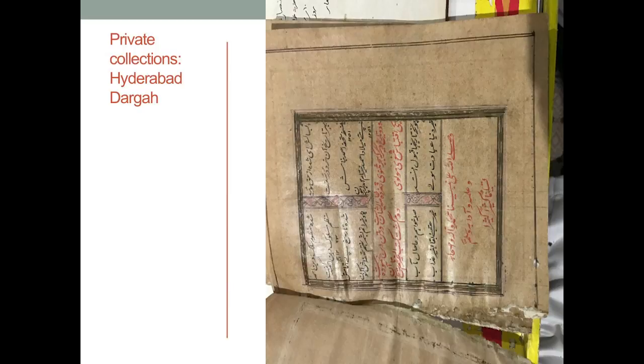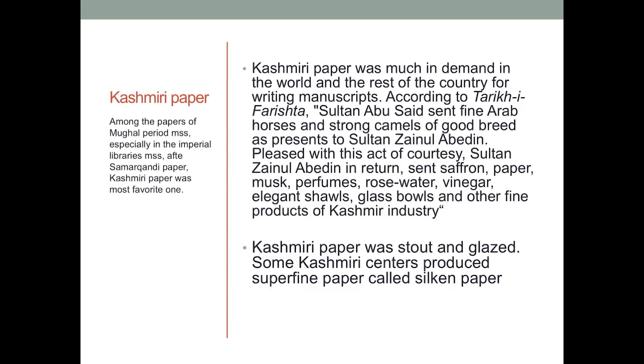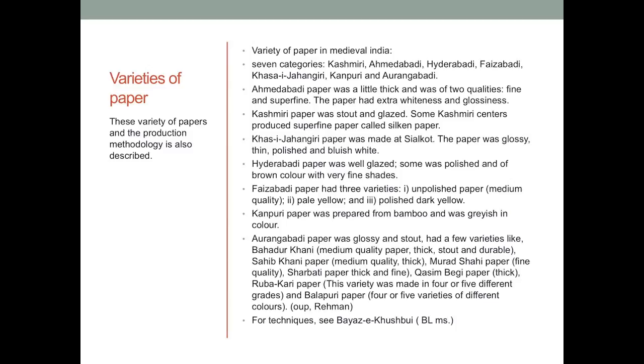Then, as I said, paper, which was one of the major objects to create manuscripts, was from Kashmir, in fact, and it was used by many, especially scribes like Muhammad Hussain Kashmiri or Amanat Khan, who was also one of the transcribers and inscription writers in the Taj Mahal. And we have details in the manuscripts themselves about the paper, where it was coming from. Even today, in many cities, you will have the Kagzi Wadas or Kagzi Wala or Kagaz Bazar, even though today there may be restaurants and other things, but still known with the same